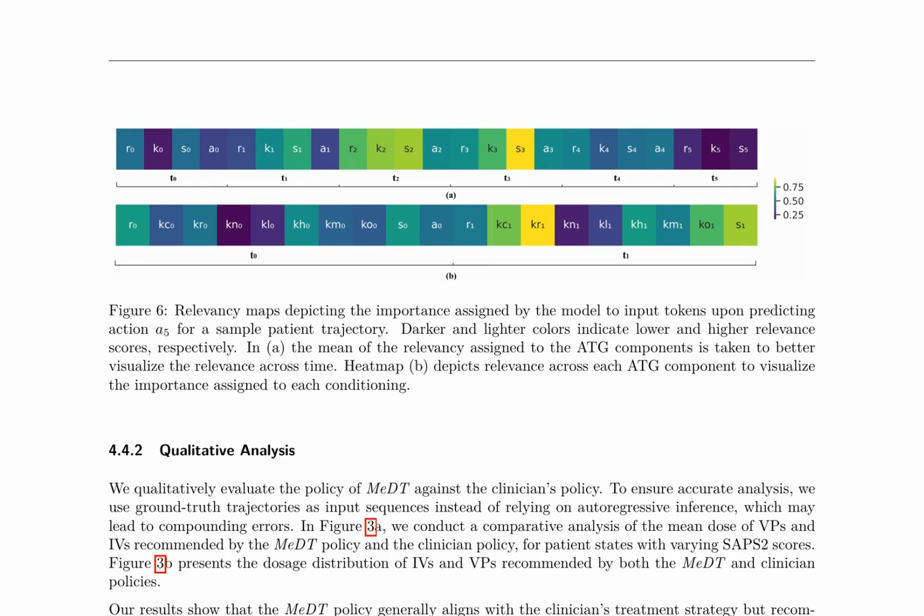A qualitative analysis evaluates the MeDT policy against the clinician's policy using ground truth trajectories as input sequences. Figure 3a presents a comparative analysis of the mean dose of vasopressors and intravenous fluids recommended by the MeDT policy and the clinician policy for patient states with varying SAPS-2 scores. The results show that the MeDT policy generally aligns with the clinician's treatment strategy, recommending lower doses of intravenous fluids on average. Both policies exhibit a similar trend of increasing medication doses with worsening patient condition for both vasopressors and